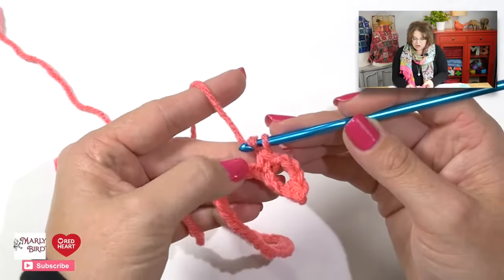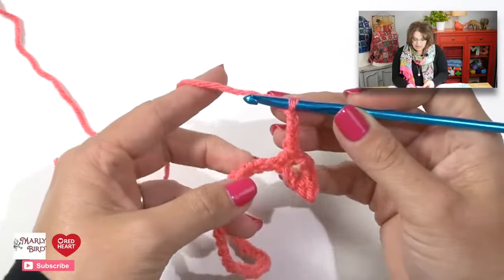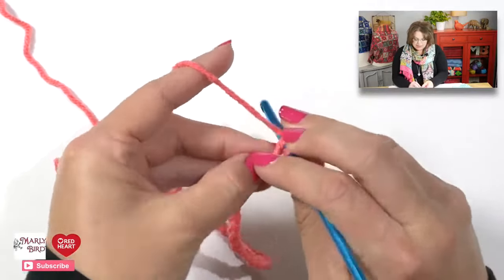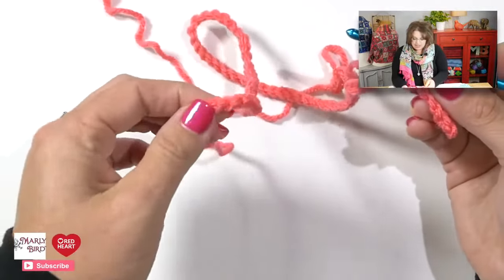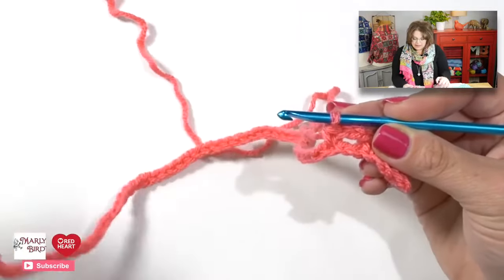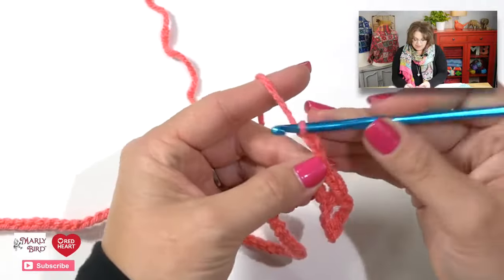So I will go back to the star, which means I chain 3, I skip 2, and I single crochet in the next. And I will do this all the way down all of these stitches, these chains, and I will end with the single crochet all the way down here at the end. So let me do a couple more, and then I will have you meet me at the end of this